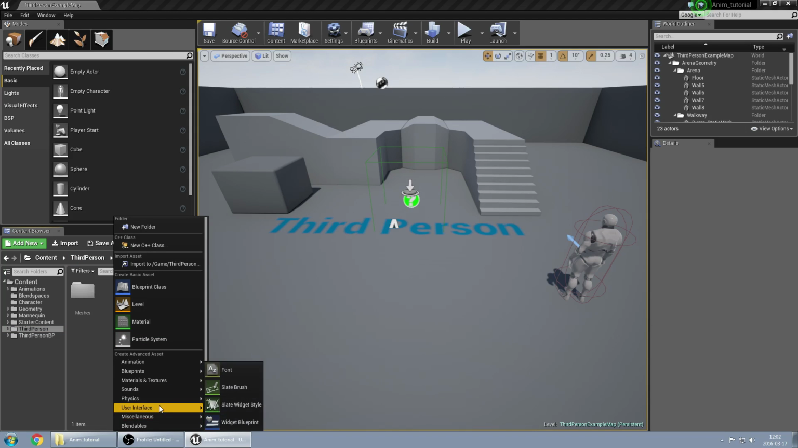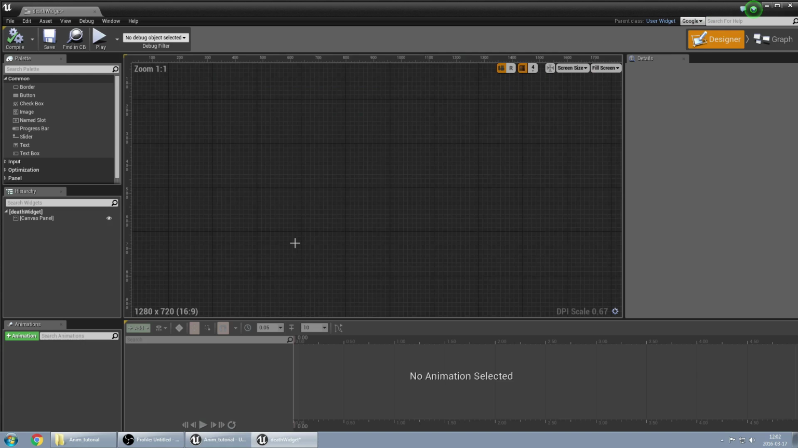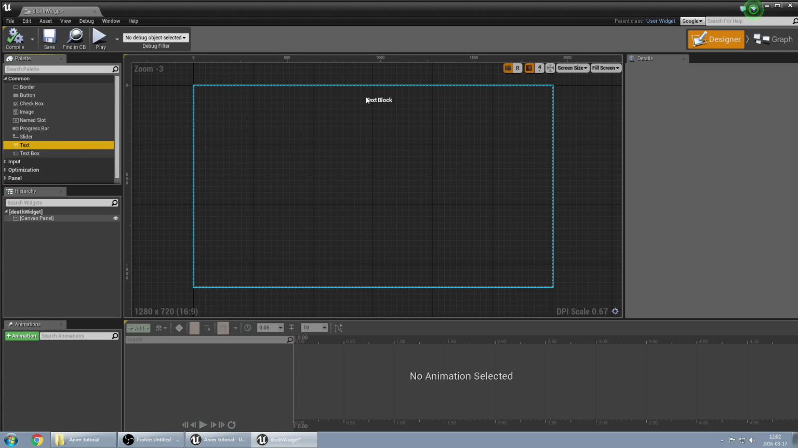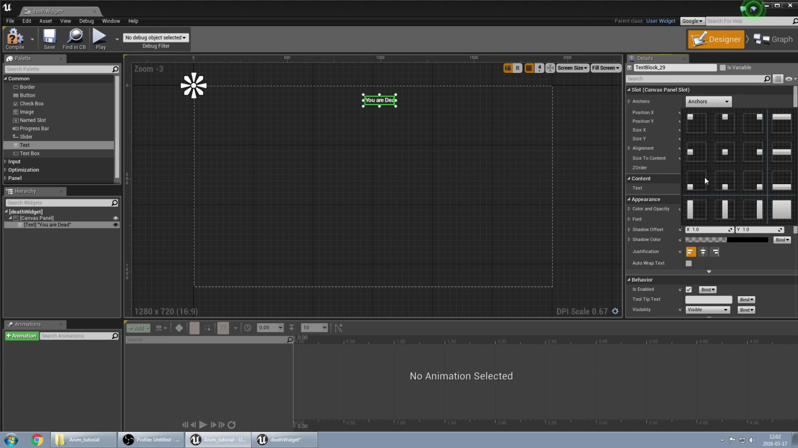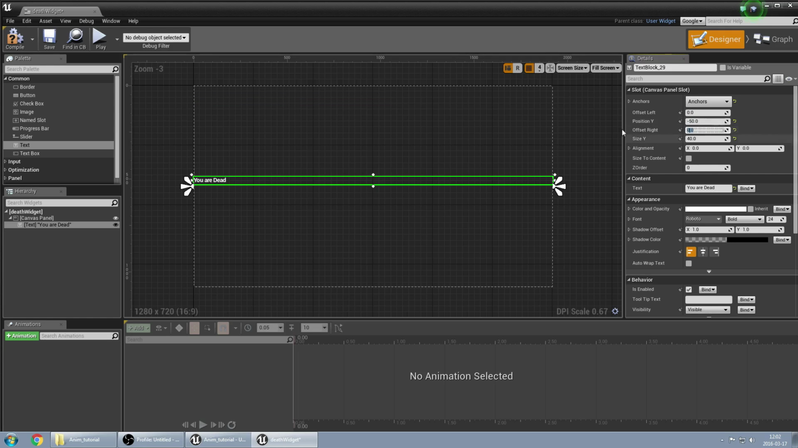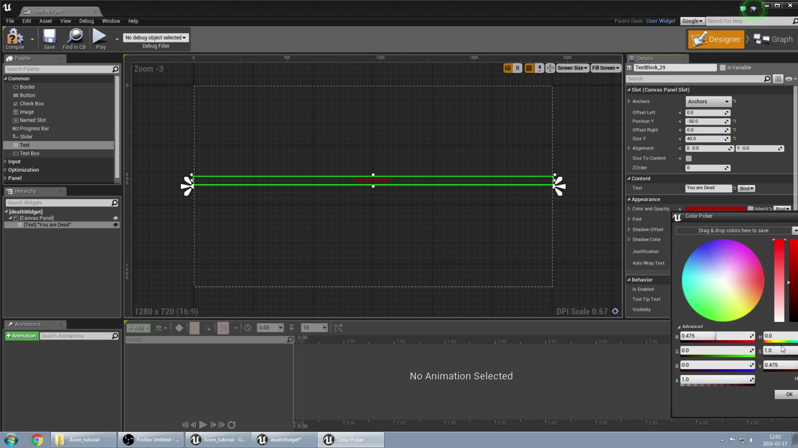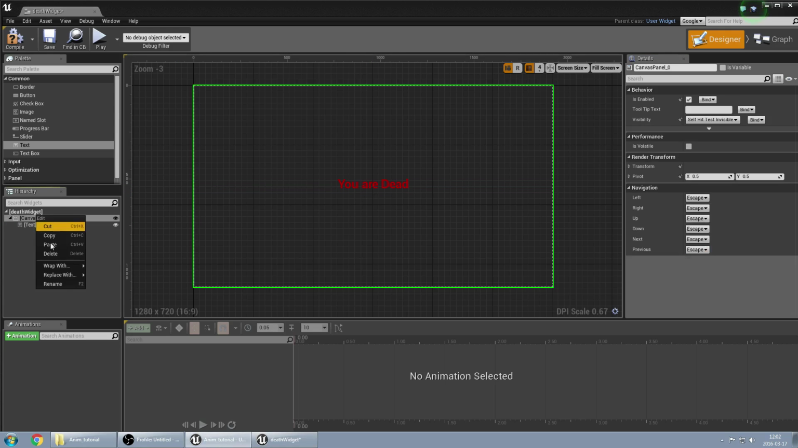So I just create a user interface widget, which is a dev widget, and it's going to be really quick because it's not a UMG tutorial. And the message "You are dead", just to the middle, changing anchor, and changing color and size, let's say 50. So I can copy this and paste once again,